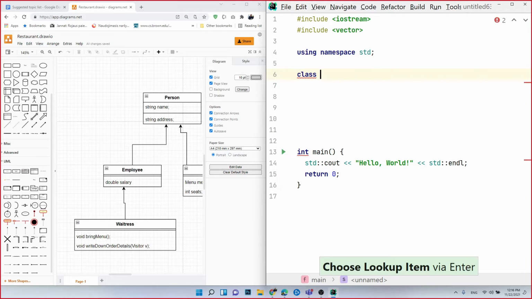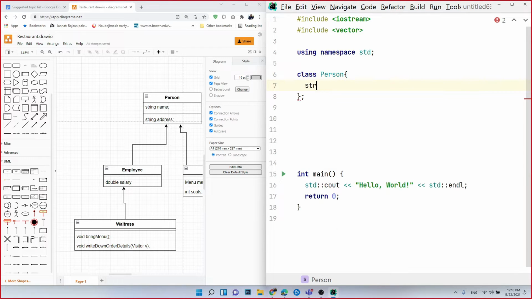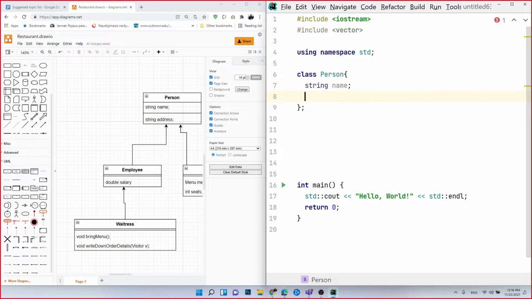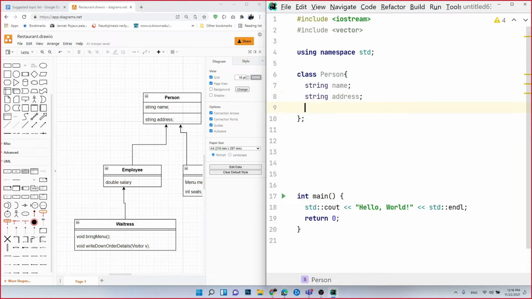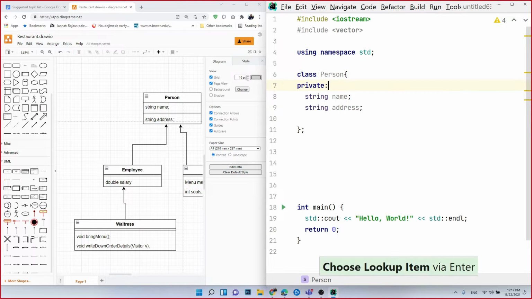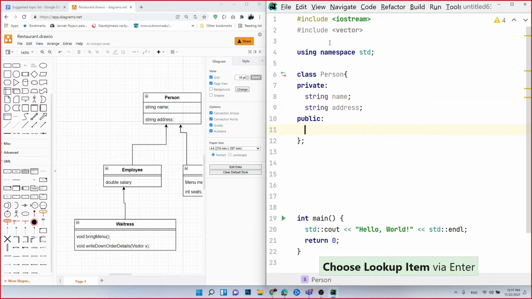We're creating our class Person. Person has name. Person has address. If you're creating a class, you should say that we're hiding data from outside, and we're creating a public field, which is